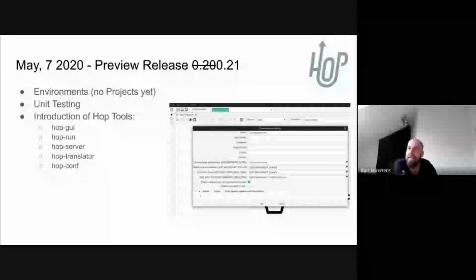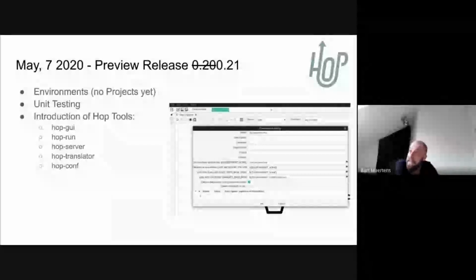And then in May, we had our first preview release, well, we had a first 0.10, but I think the 0.20 was intended to be the first preview release that we would bring out in the open, and that turned out to be a 0.21 because there was a blocking issue that prevented us from releasing. We introduced environments and unit testing them. Those were 2 external plugins for Kettle that were integrated into Hop,